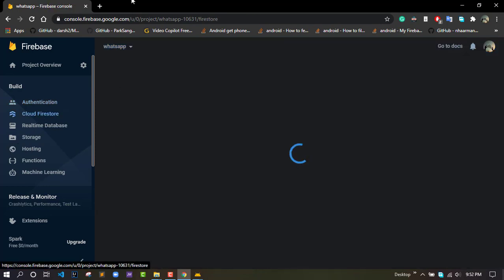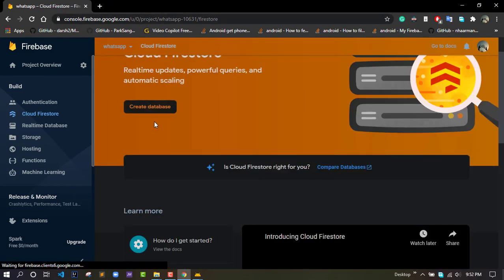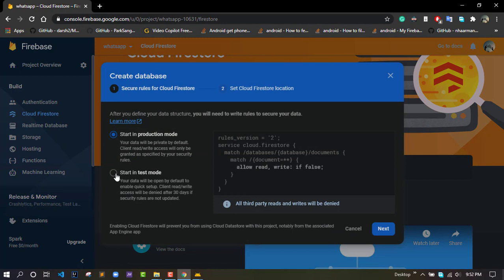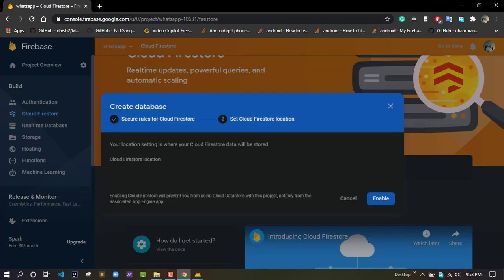Then the next thing I want to set up is my Cloud Firestore. So create database, and I'll start in production mode. The production mode disables all reads and writes unless the user is authenticated, while the test mode allows read and write even if the user is not authenticated. So I don't want that. I want the production mode. So click next,